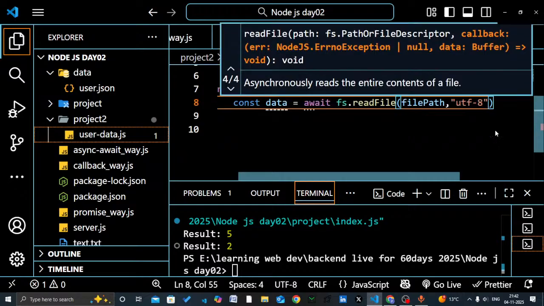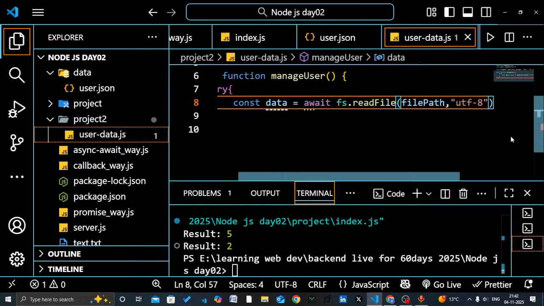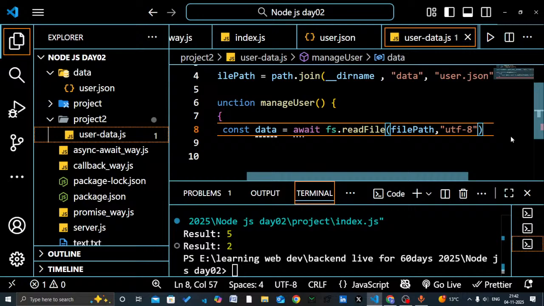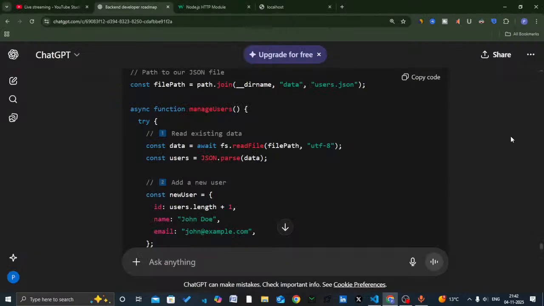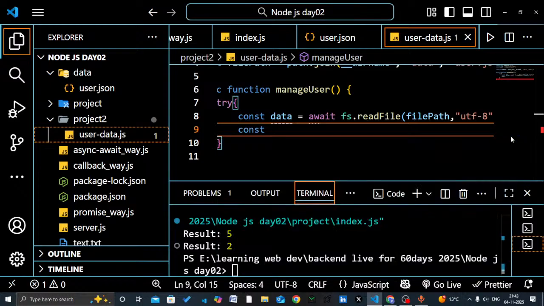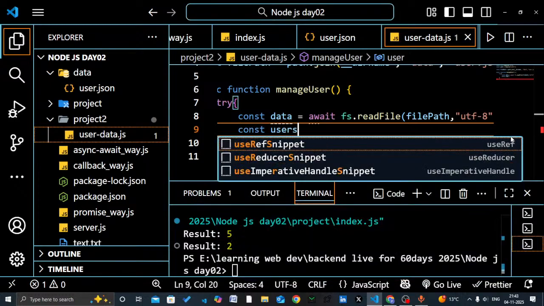We have a lot more encodings, but I don't know what else I need to use, but yeah, I just learned that one. So for now, const users